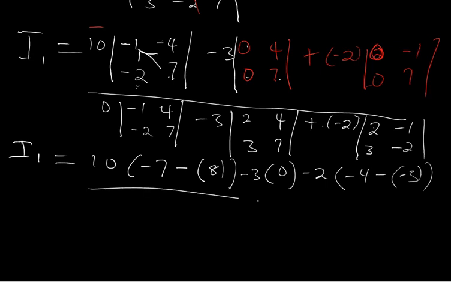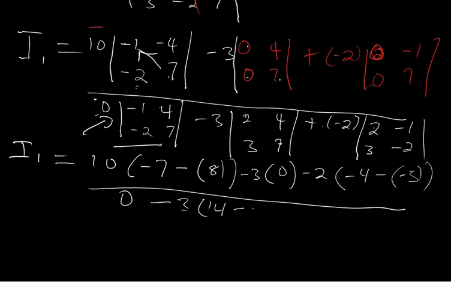So to the denominator, now this will give 0. Why? Because after solving this, if I multiply by 0, it still gives me 0. So this is already 0. This is gonna be minus 3 into 2 times 7, 14, and minus 3 times 4 is 12. Here we go. Minus 2, bracket open, this is minus 4, then minus into,